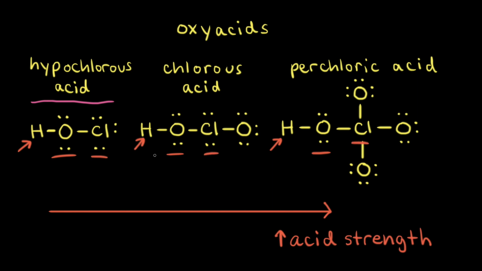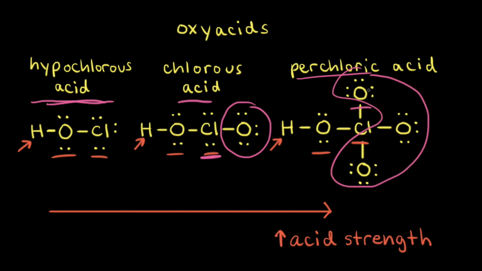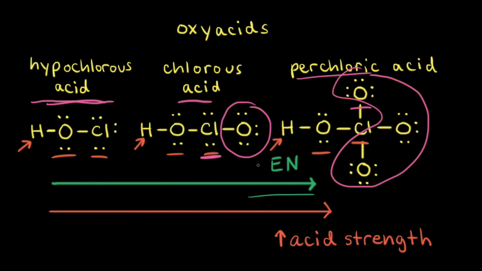Notice what happens to the structure as we move to the right. Comparing chlorous acid to hypochlorous acid, chlorous acid has an additional oxygen bonded to the chlorine. And looking at perchloric acid, instead of only one additional oxygen, there are three additional oxygens. So as we move to the right, we're increasing in the number of oxygens bonded to the chlorine. Oxygen is a very electronegative element, so as we move to the right, we're increasing in the number of electronegative